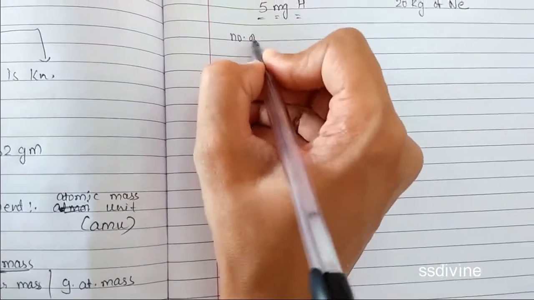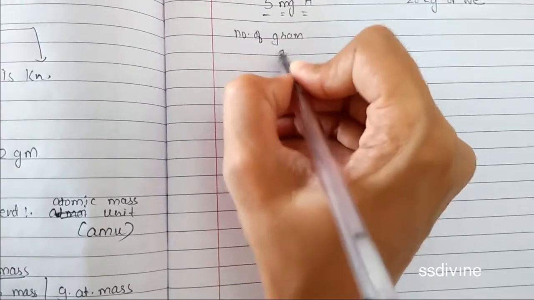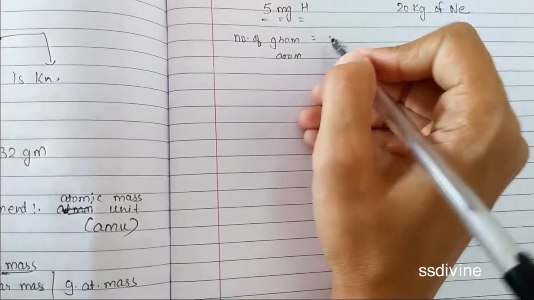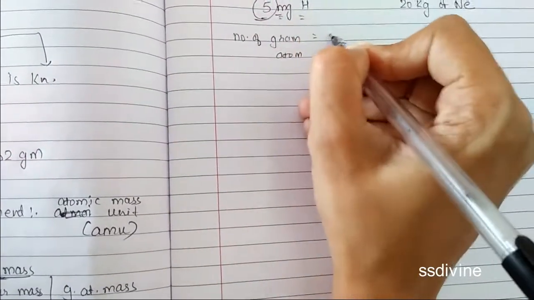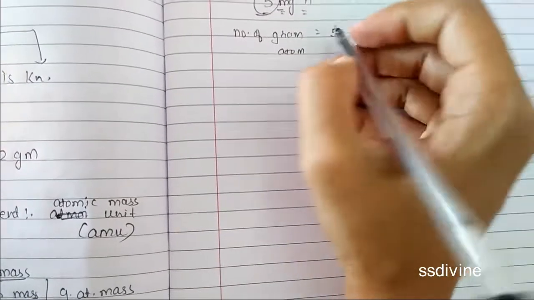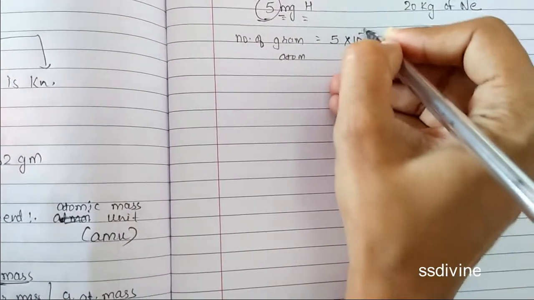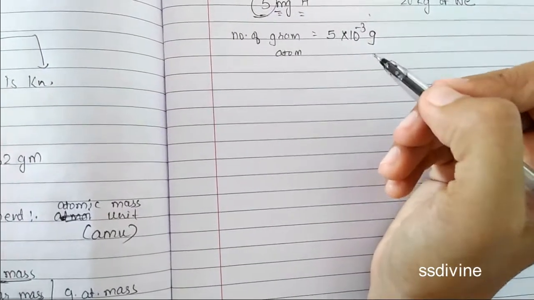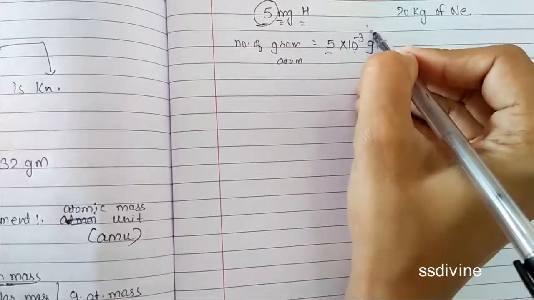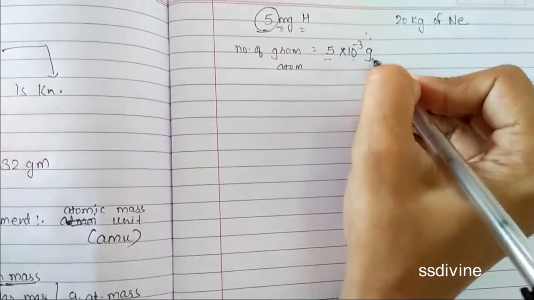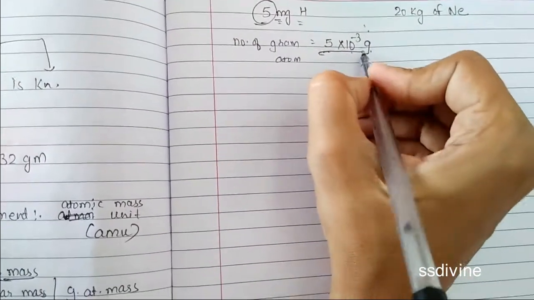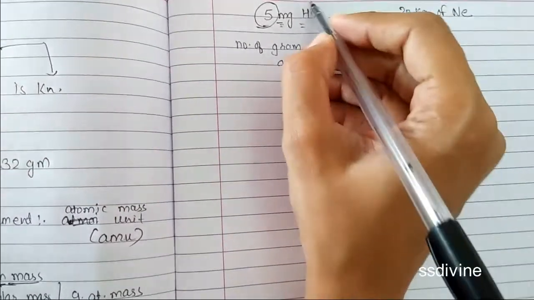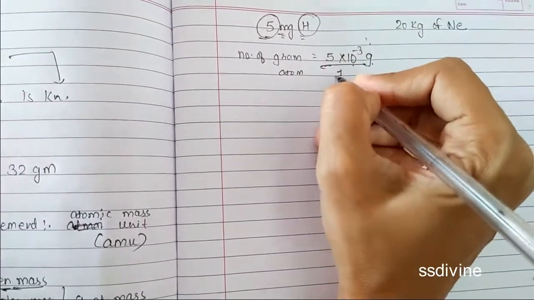Now if I want to find for 5 milligram of hydrogen, first of all I will find the number of gram atoms, or you can say moles. So what is the number of gram atoms? Mass upon molar mass. Your mass is given as 5 milligram. So what is 5 milligram? Yes, 5 milligram is 5 into 10 to the power minus 3 gram. 1 milligram is 10 to the power minus 3 gram, right? Now we have converted into gram, upon गram atomic mass. ग्राम एटॉमिक मास मतलब मोलर मास. तो यहाँ पे सिर्फ एक ही हाइड्रोजन दिया है, तो मोलर मास ऑफ हाइड्रोजन इज 1.